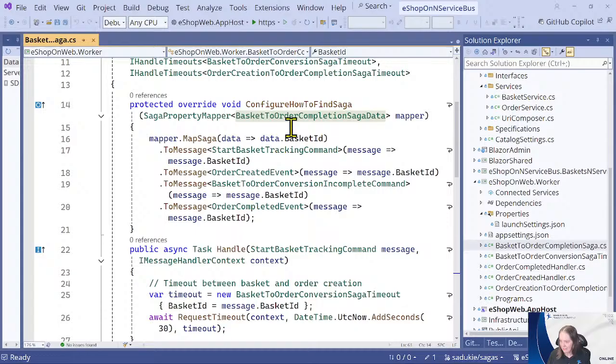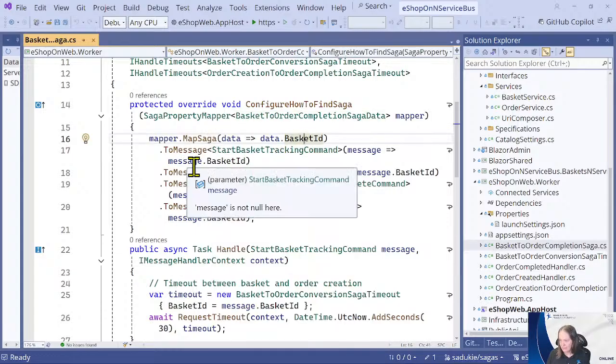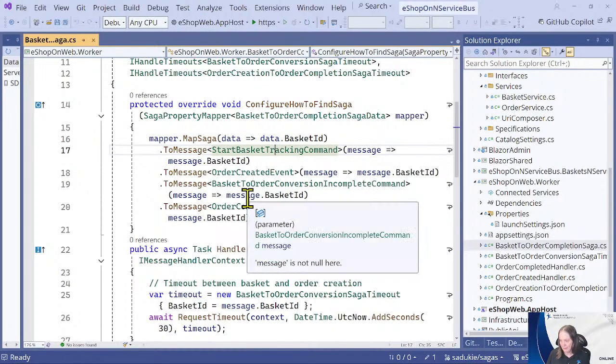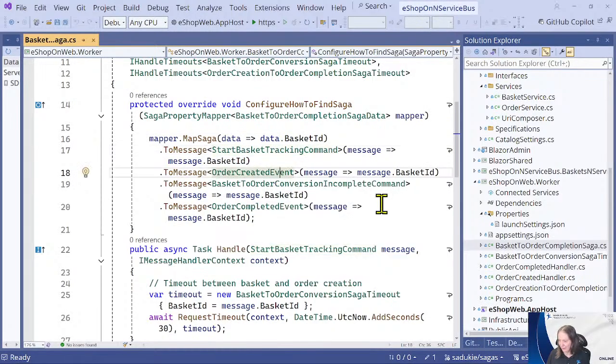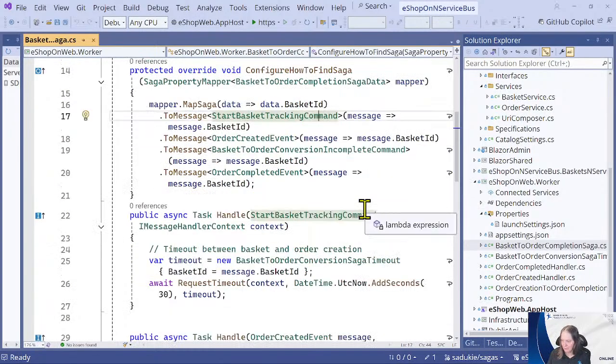Well, the saga has this basket ID, and you're going to see that it's in the start basket tracking command. It's also in the order created event, also in the basket to order and the order completed event. Now you might be wondering, why don't I have the basket created event in here? Because the basket is already created when we send this command, so I didn't include it at that point.